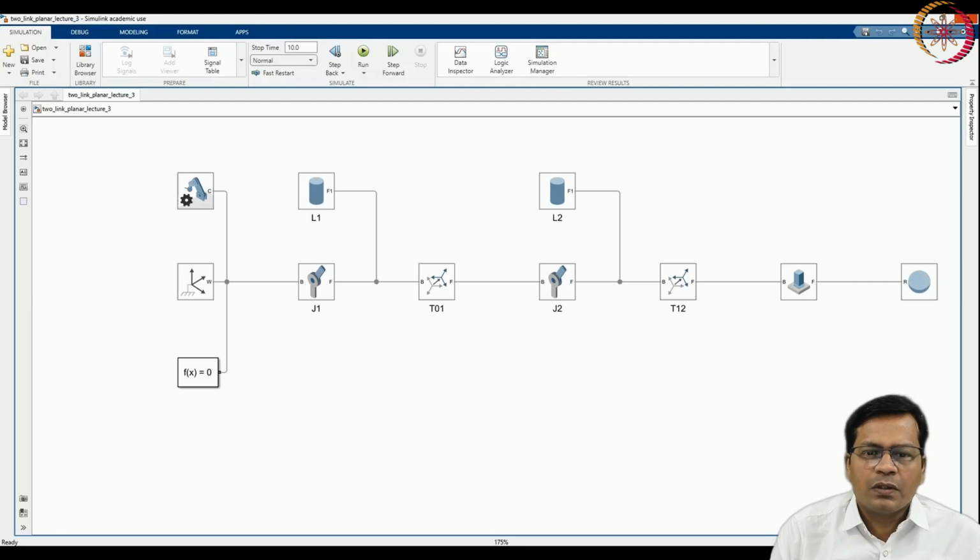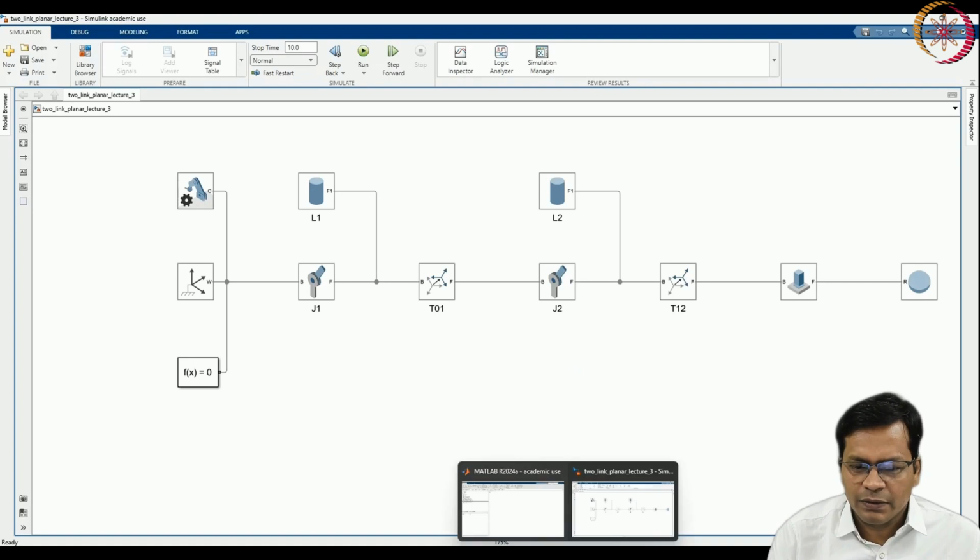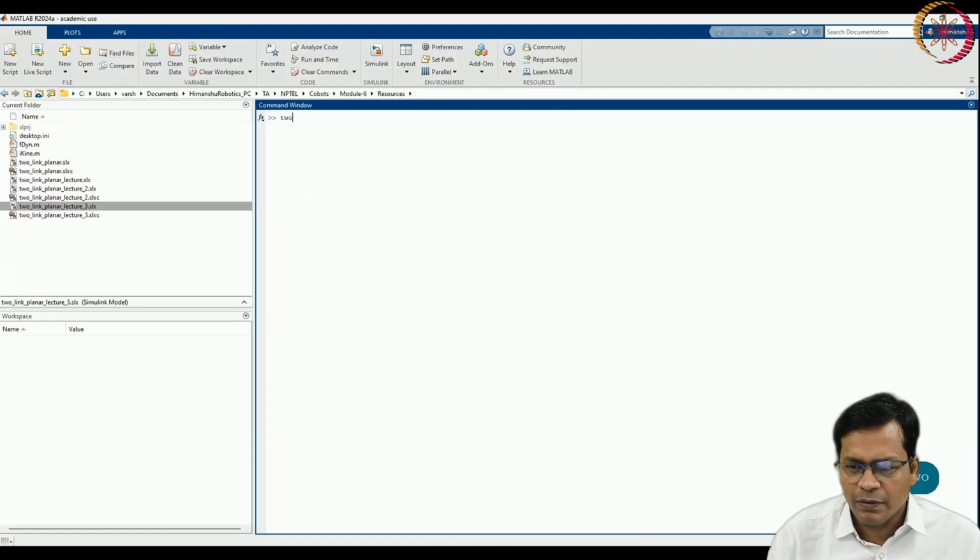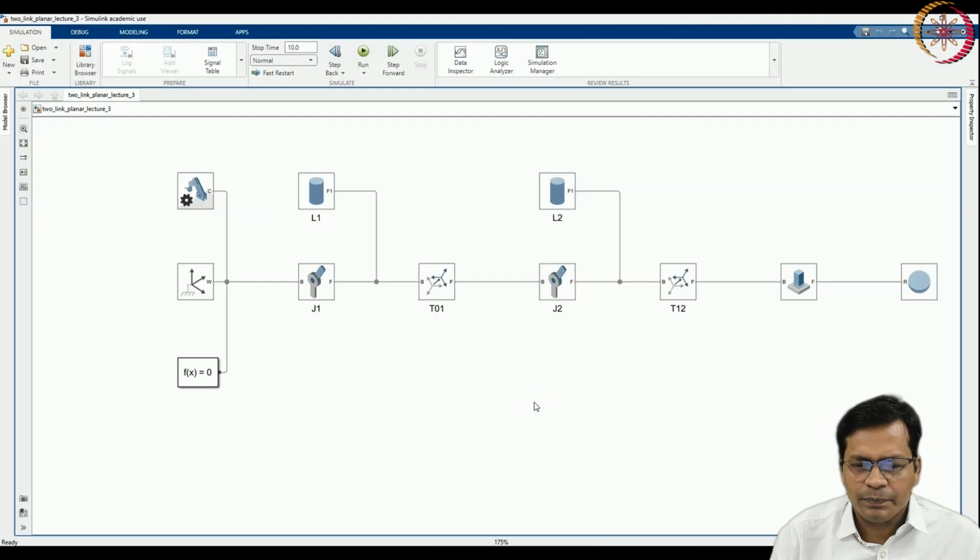Okay. So, now let us use the gravity compensation block. We have already done it using algorithms that we developed earlier in one of the statics lectures. So again I will use toLink as a variable, and import the Simulink model here to create the object for it. It is toLink planar, for lecture 3.slx, and it will create an object here in the workspace. You see it is created.